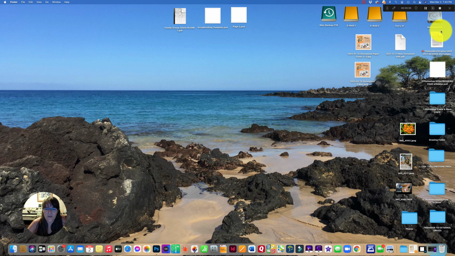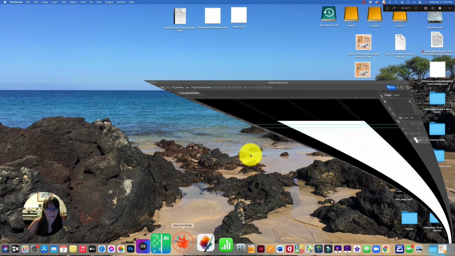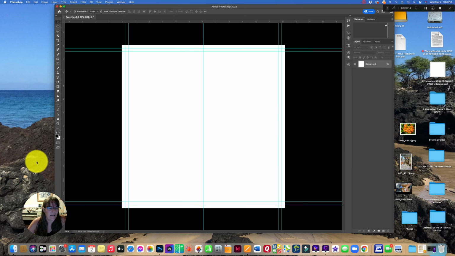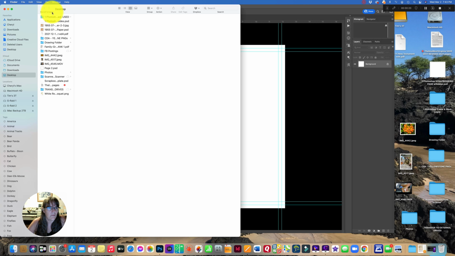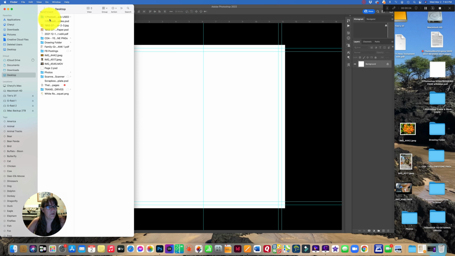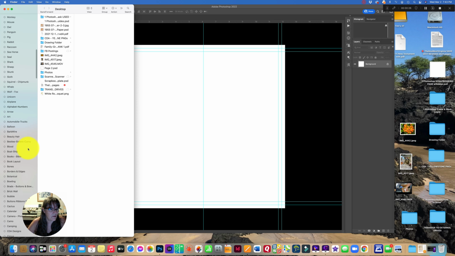I'm just going to do a small tutorial on some masks and frames. Let me open my Photoshop up, and I'm going to be working on my blank scrapbook page. I'm going to open my Finder up and go out and pull a couple frames. Use my tags over here and